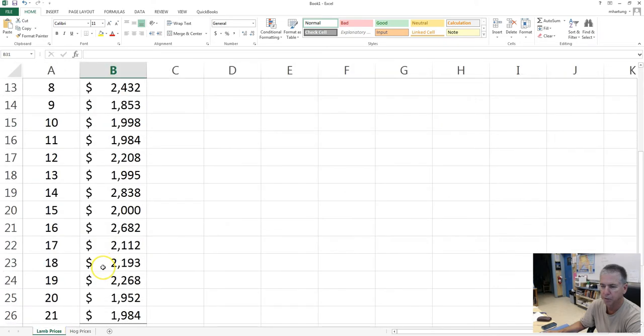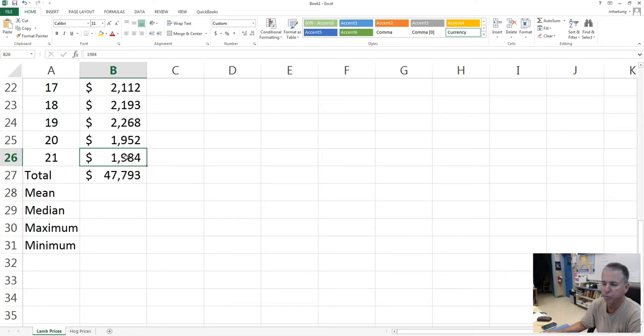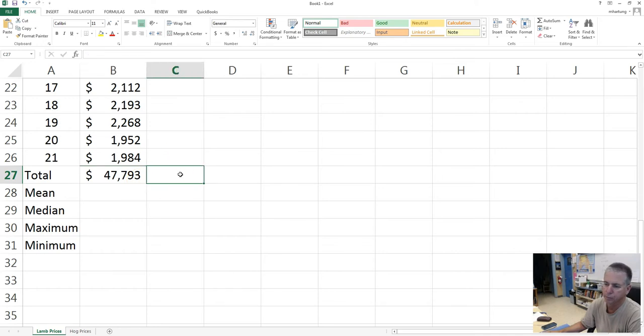Let's go back to the lambs. Let's do those calculations. So the mean is the average, the mean average, and you would have learned that in your math class, where you add up, get a sum of all the values, and divide it by the total number of values. So if we were doing this with a calculator, you would have added all these numbers up and then divided by the total number of values. Equals 47,793 divided by 21, and you would have gotten an average of